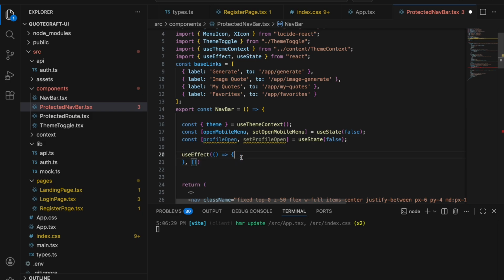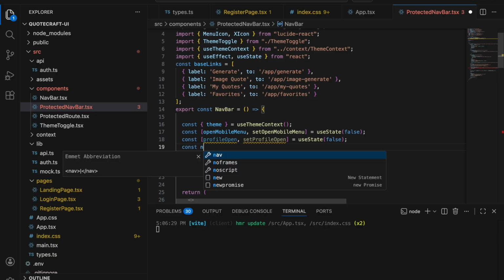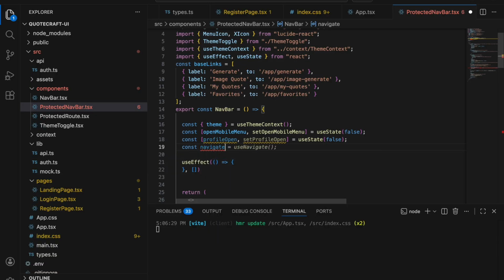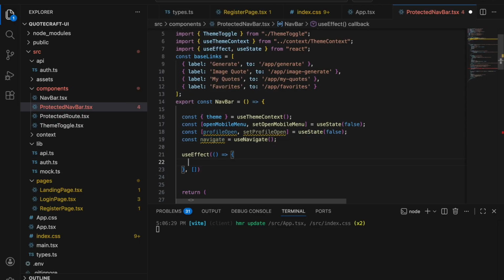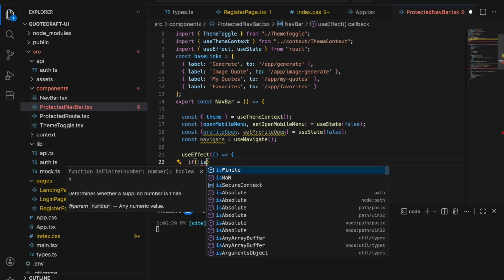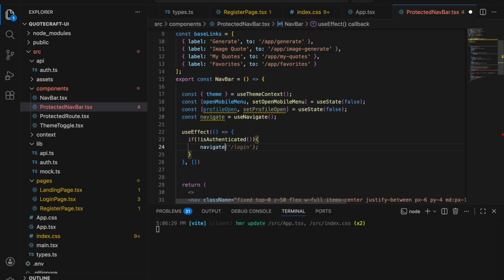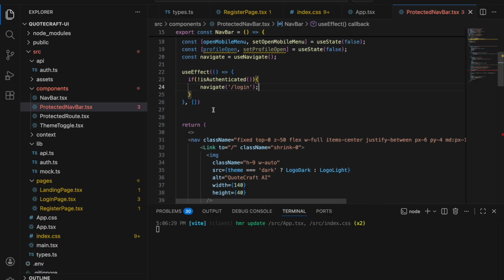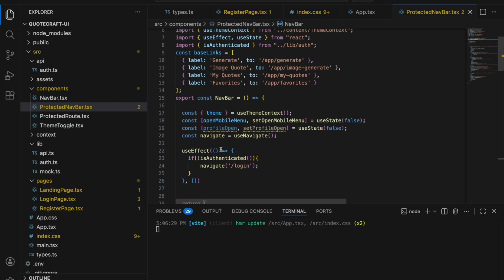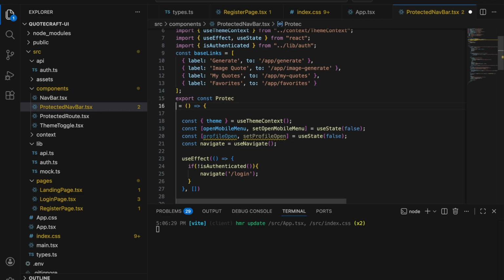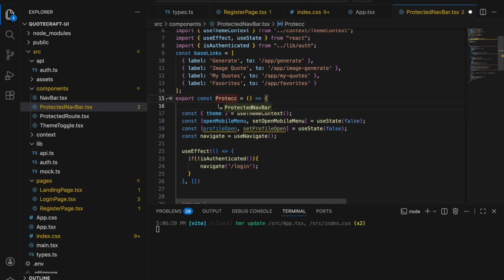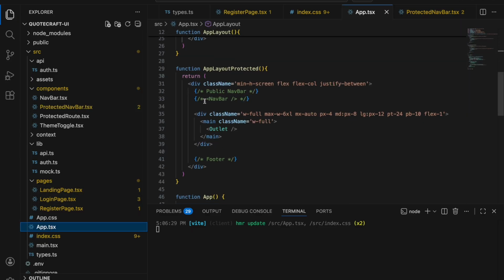Okay, this is basically, let's put it here, one constant navigate. This is basically for checking if the user is authenticated or not, right? So if not is authenticated, okay, we will navigate to login. Okay, now this protected navbar will be used in the protected nav app component, app layout component. Okay, at here